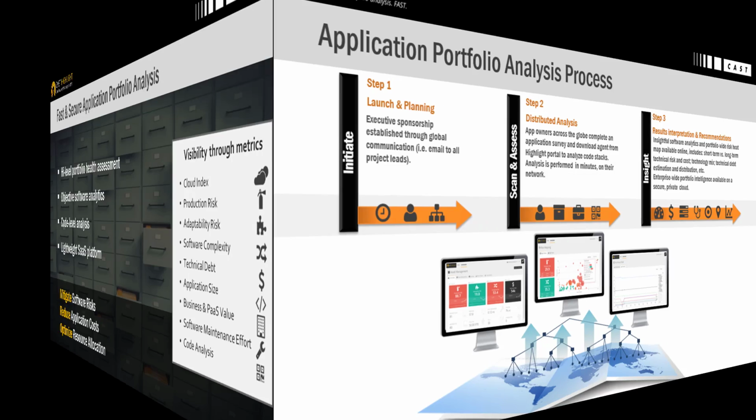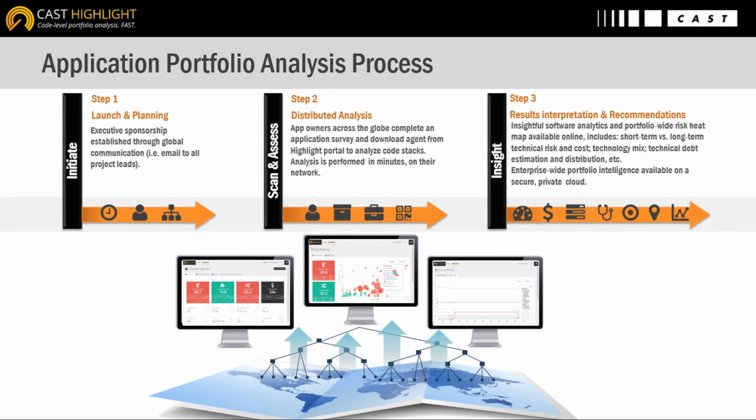decisions. The assessment process is very straightforward and can be summarized as follows. Cast Highlight uses assessment campaigns that invite application owners to answer a short survey and execute a local agent to scan the code. This analysis happens locally, and only the results of the scan are uploaded to the portal. In other words, the code never leaves the company. As soon as the assessment process is done, you can leverage key analytics at both portfolio and application levels directly